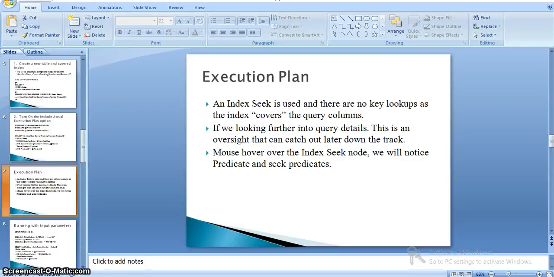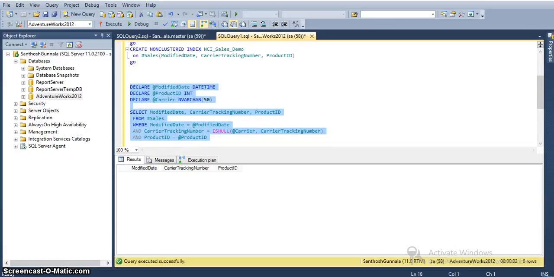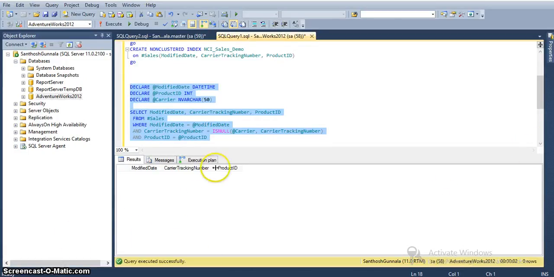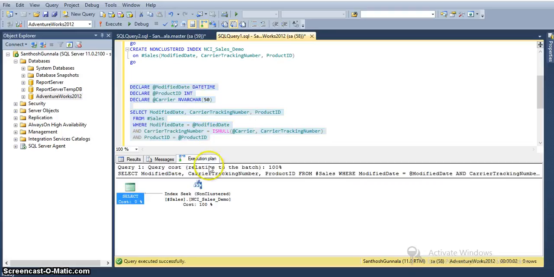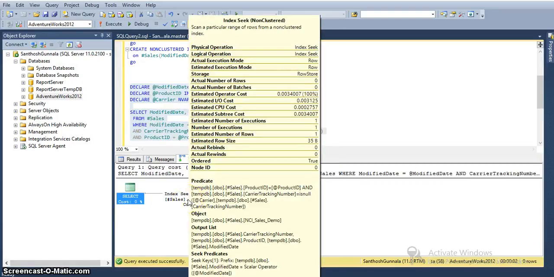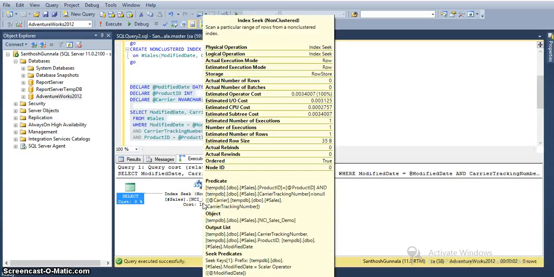If we look into the further details, let me show you in SQL Server. So this is the execution plan. Here index seek is used, and if we see the further details, the physical operation is index seek and the logical operation is index seek.